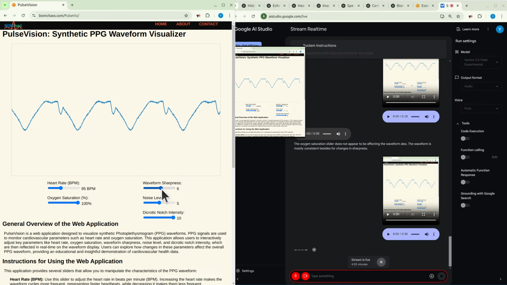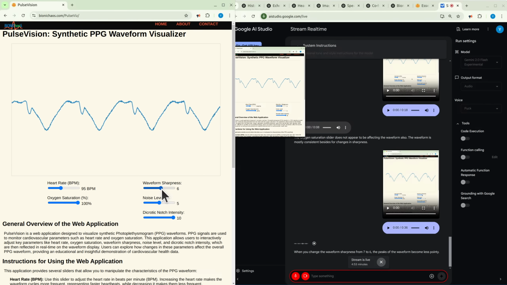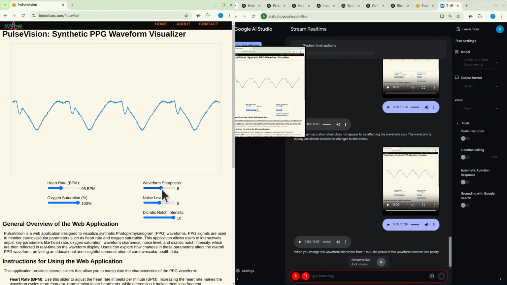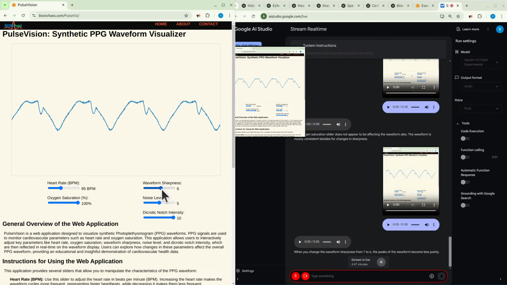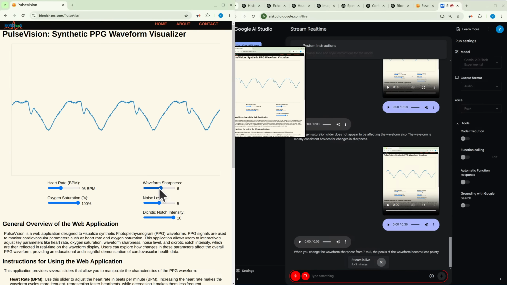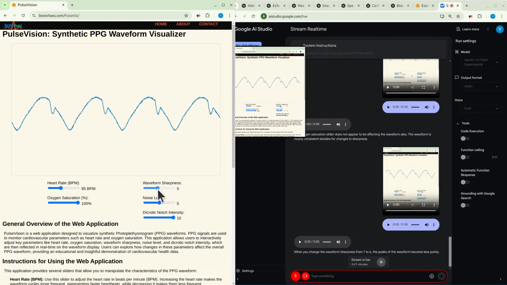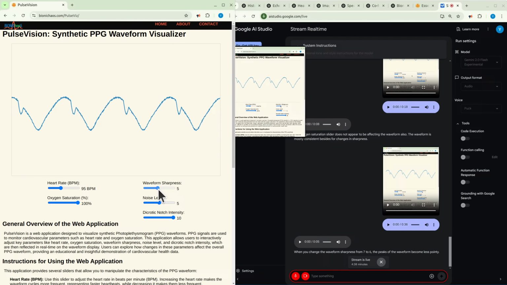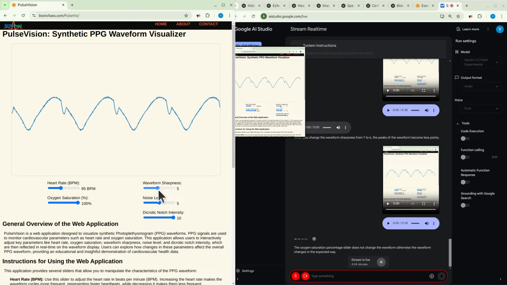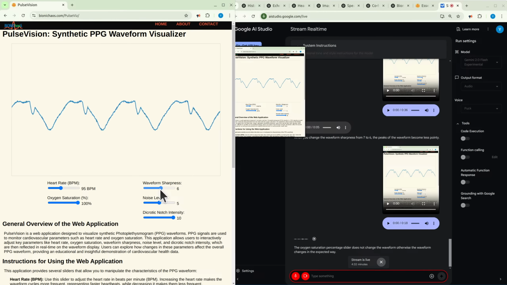When you change the waveform sharpness from 7 to 6, the peaks of the waveform become less pointy. But do they behave in any unusual manner? The oxygen saturation percentage slider does not change the waveform. Otherwise, the waveform changes in the expected way.